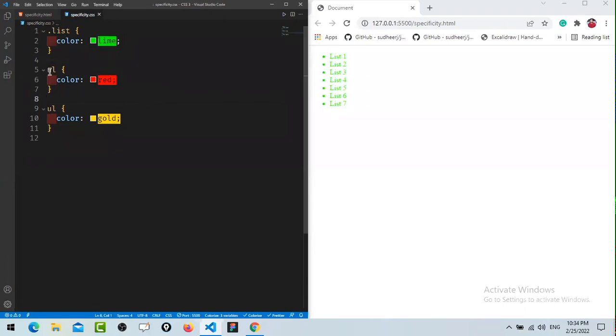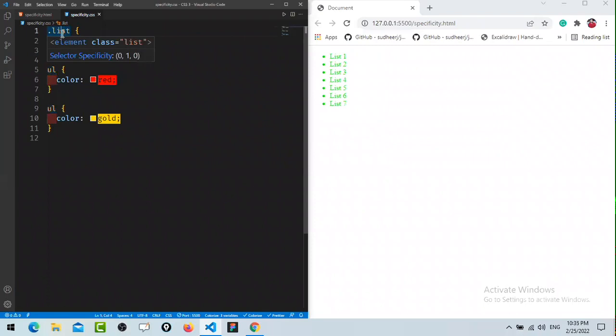Now you can see here we have UL, and here also we have UL, the same element we are targeting. I will show you how we actually calculate the precedence. If you have the same precedence, targeting the same element with the same type of selector, it is going to check precedence first, and then the last one will win. I will show you how it actually works. The least precedence is for the type selector, and after the type selector, we have